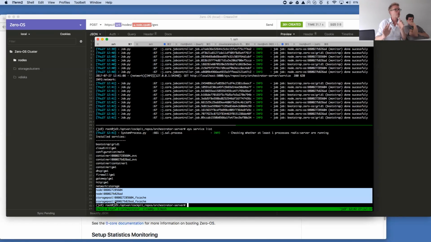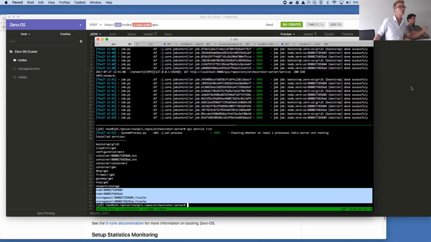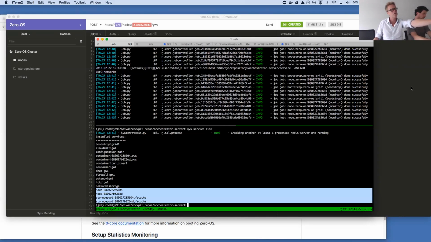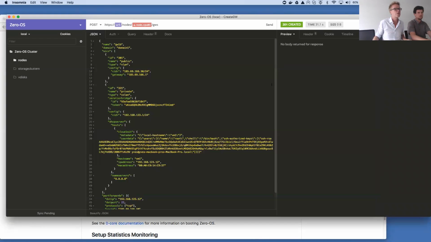Yeah? Okay, a lot of explanation, and I think for the future we need some visual representation of what this actually is. I will also make sure I make a visual representation, let's say the dependency trees between all these services. I think that would be nice for the next session where we talk about AYS. Good. That all being said,